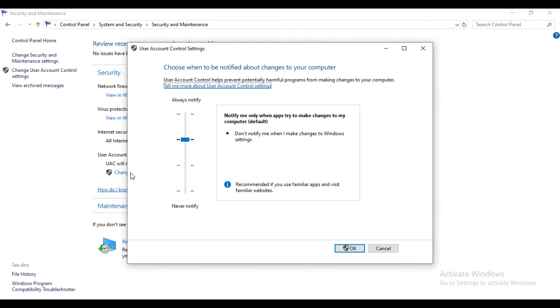Click on this. As you can see, this dialog box is the user account control settings view. User account control helps prevent potentially harmful programs from making changes to your computer. It means that when you install an unverified, unspecified application program on your computer, it gives you a notification that this application may be harmful for your computer.